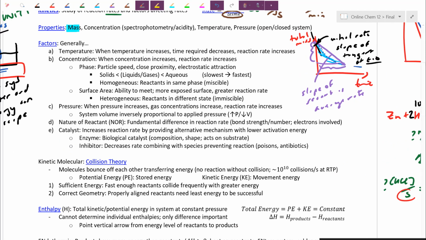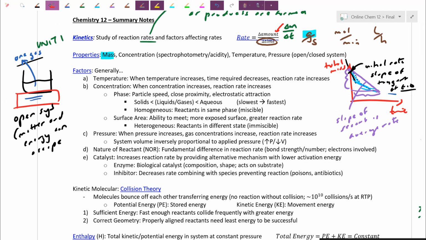As we step back over to just recap here, we could track changes in concentration. Now, the unfortunate thing about concentration is you actually don't have meters that track every single chemical in terms of concentration. There are particular chemicals. Let's say spectrophotometry here is able to check the color absorbance or color intensity. We can check acidity using a pH meter here. That's going to track H+. The one that we did was copper ions. Copper ions are actually blue in solution. As you study how things become blue or drop in blue here, that actually is going to track